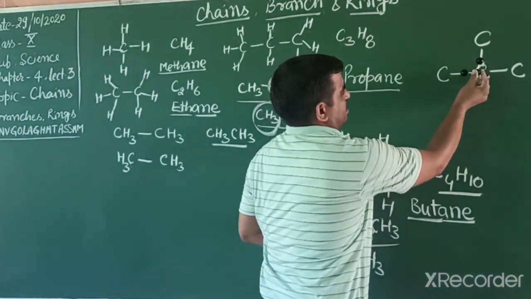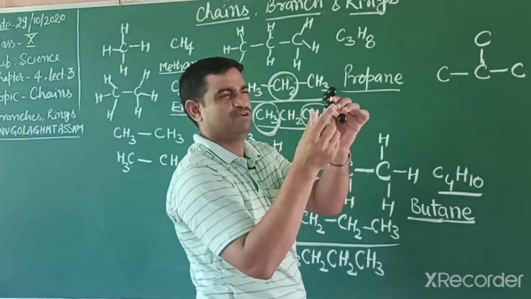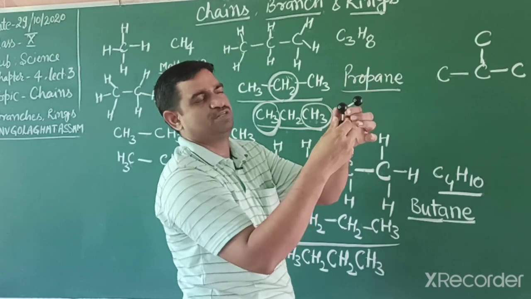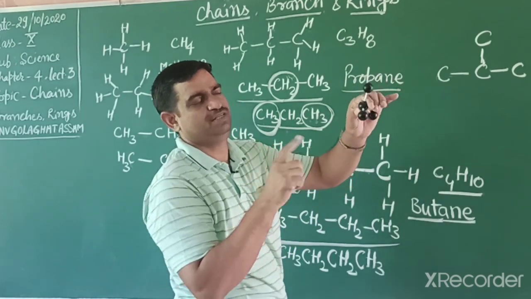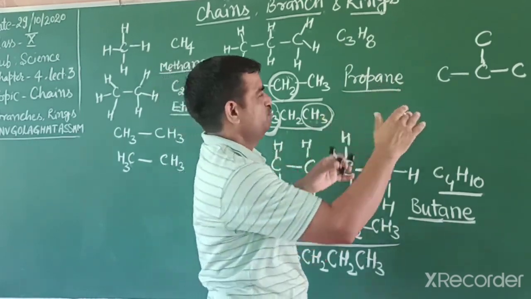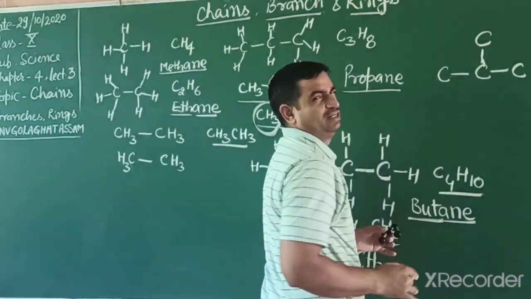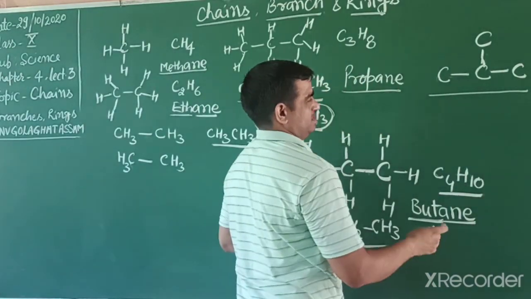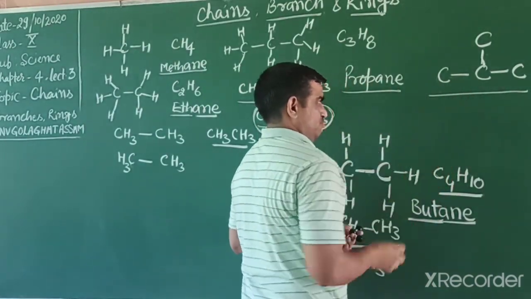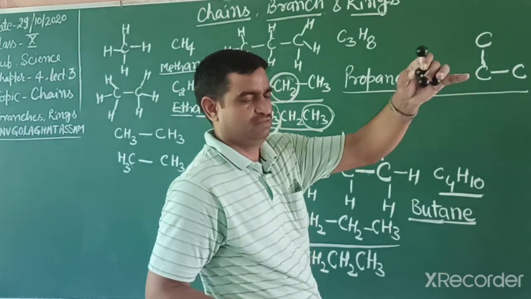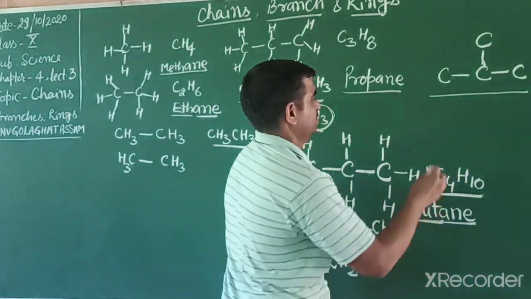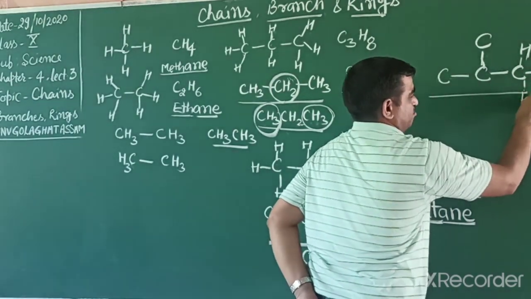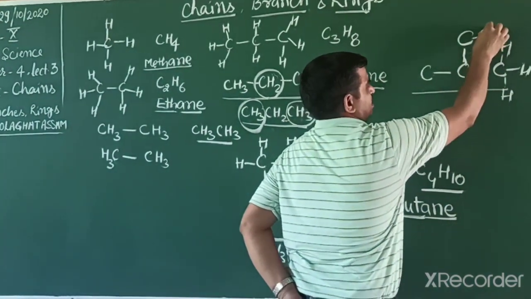You can see the skeleton. This is the basic skeleton of carbon. 1, 2, 3, 1, 2, 3. You can start from any point, total 3, 1, 2, 3. So this carbon is a side branch, side chain. This is the main chain, main skeleton. So then we represent the number of hydrogen 1. We can write the formula here. Again 3.